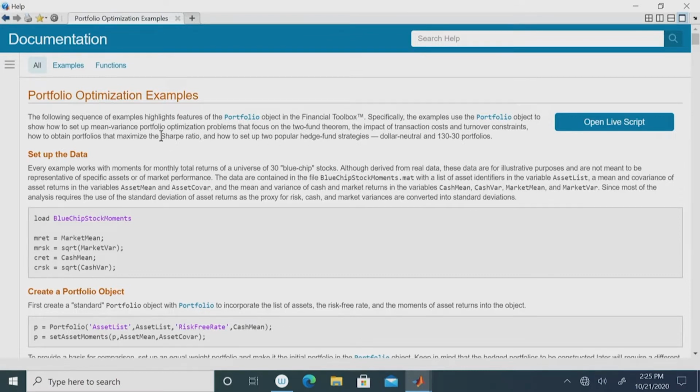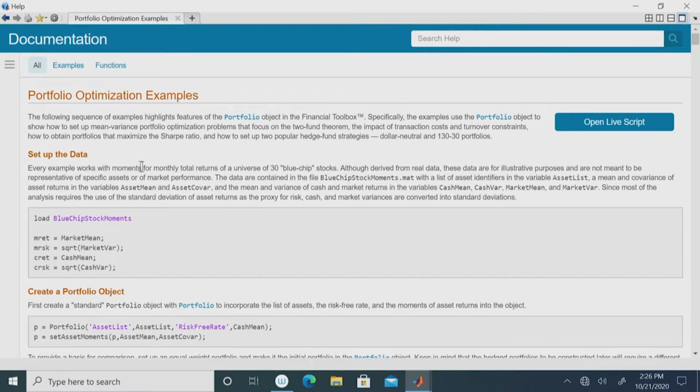We will look at the problem of maximization of the Sharpe ratio, which is an indicator of effectiveness in the management of the portfolio, and we will briefly mention two popular hedge fund strategies, namely the dollar neutral and 130-30 portfolios. We will just mention those since they were not a part of our regular discussion in the preceding lectures. First, we have to set up the data,